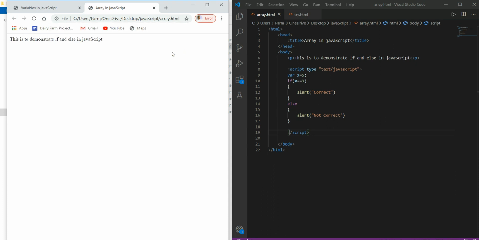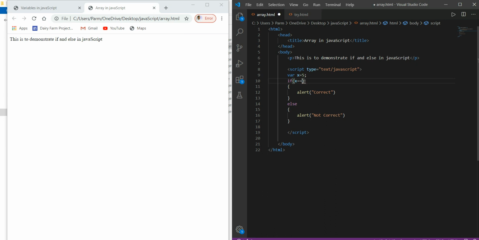Okay, it's displaying not correct. It means that the value of x is not equal to 5.